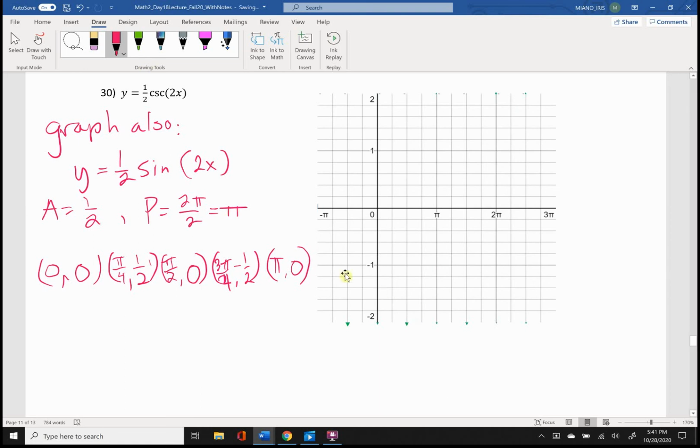Okay, so let's first plot, sorry. And these are your max values, so this is going to be a vertex. Now we're getting into the territory of the actual